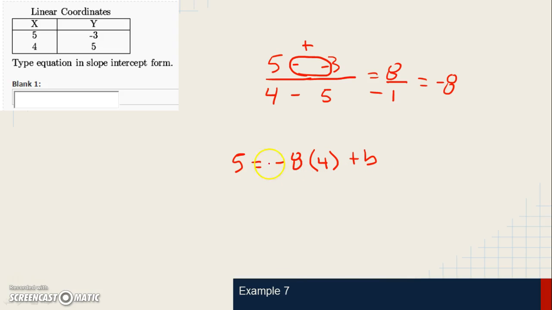So now I'm going to simplify and solve. So I have negative 8 times 4 is negative 32 equals 5 plus b. I'm going to add 32 to both sides. 5 plus 32 is 37. So I have b equals 37. I put these two in, and